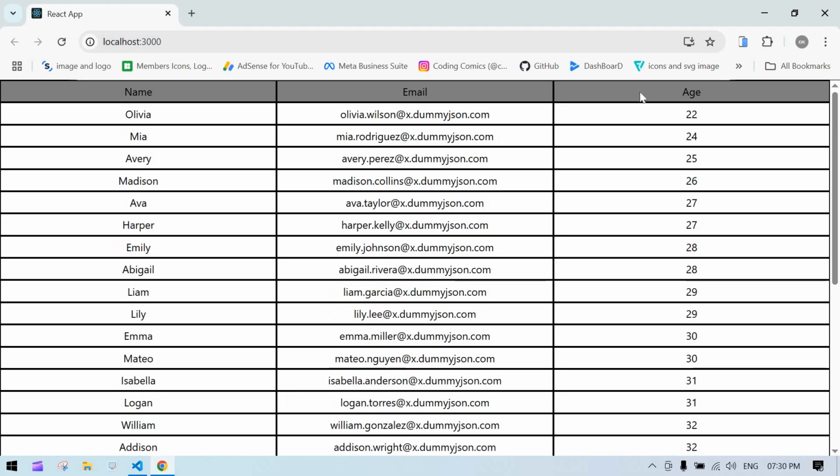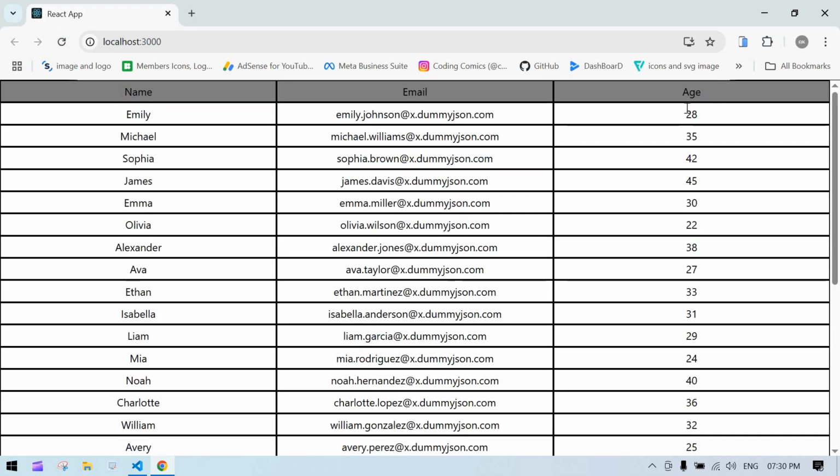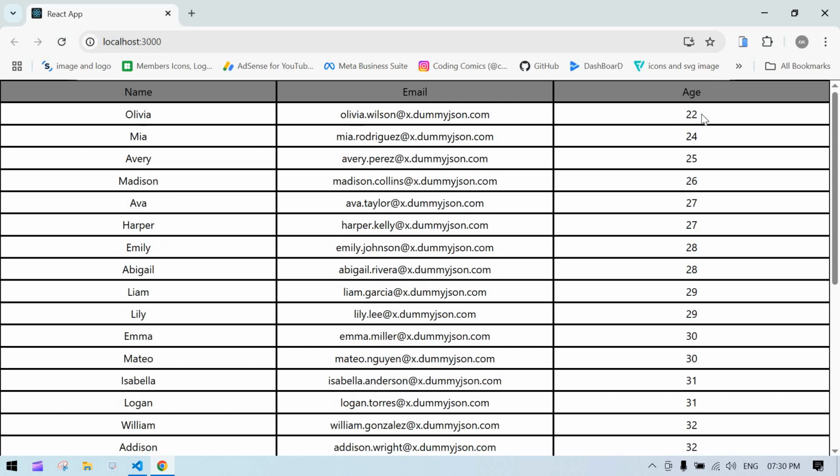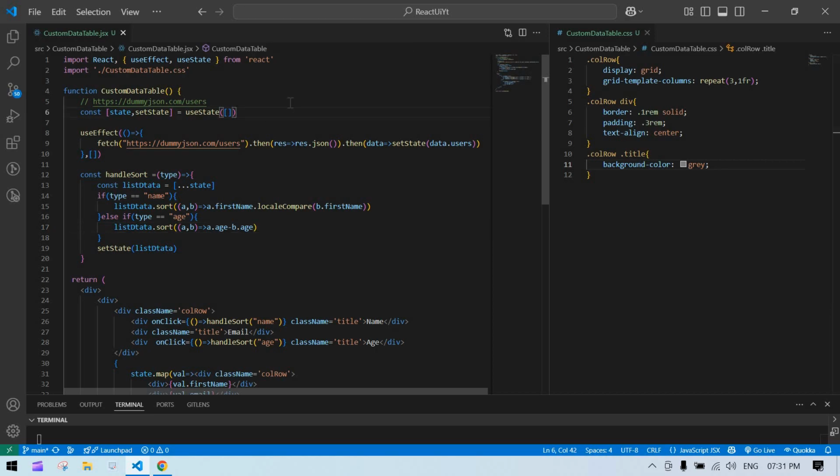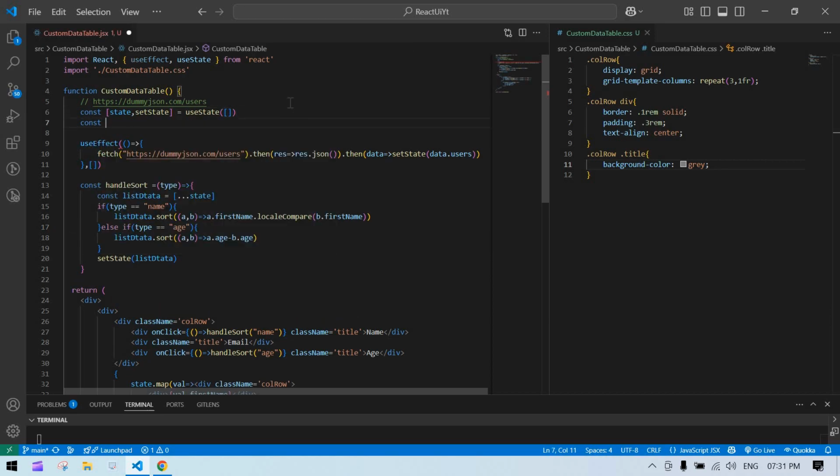Now you see, if I click on that, it is sorted. If you didn't see, right now 28 is there. If I click on this, it is sorted. Okay, so if I click again, it won't sort. So now I'm going to keep one state for that ascending and descending. Okay, const order, set order